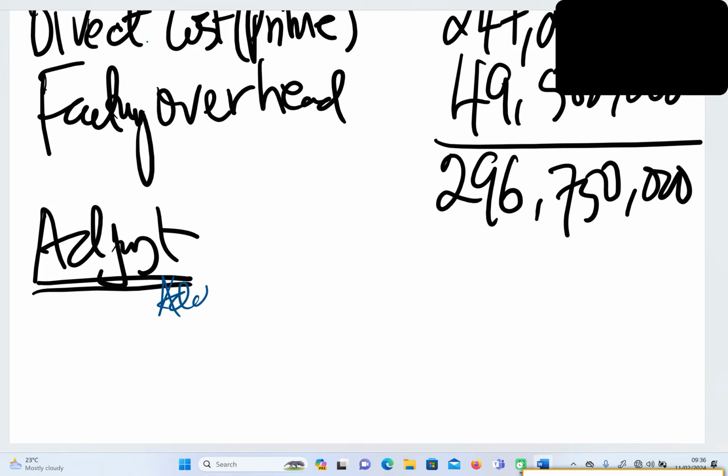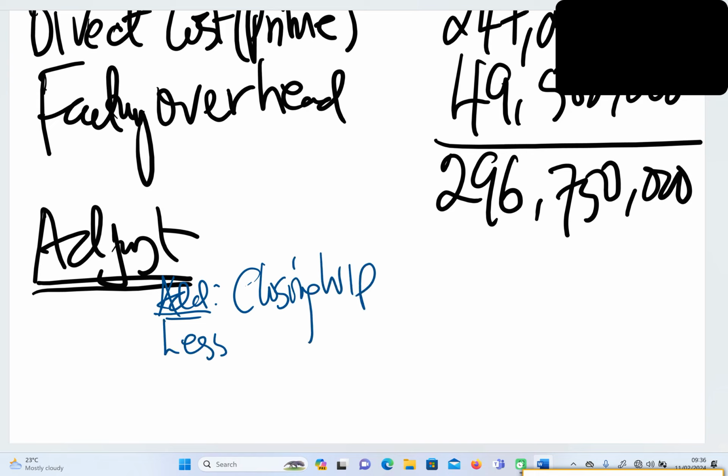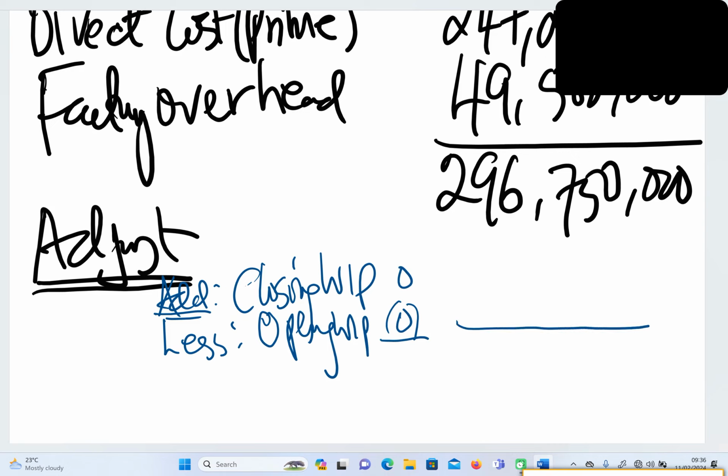Sema add closing WIP. Less opening WIP. Tunazo hizo. Hapa ilikuwa 0, hapa ilikuwa 0, si ndio? Kwa hiyo hapa adjustment ni ngapi? Ni 0. Kwa hiyo factory cost